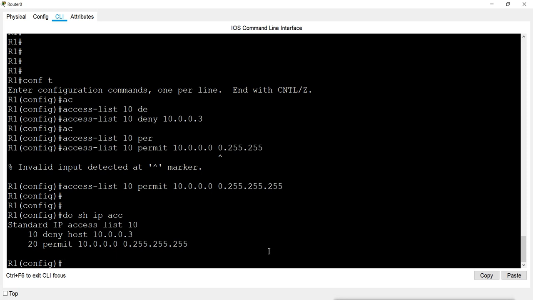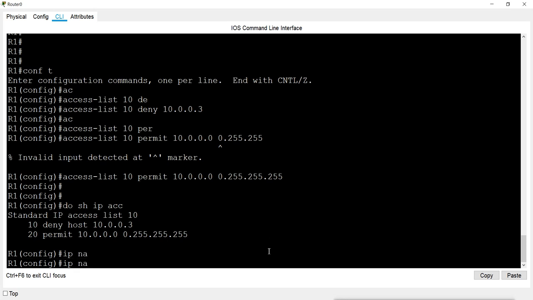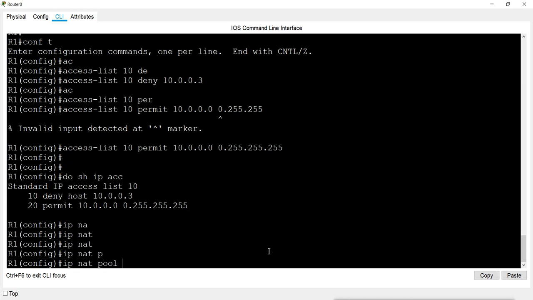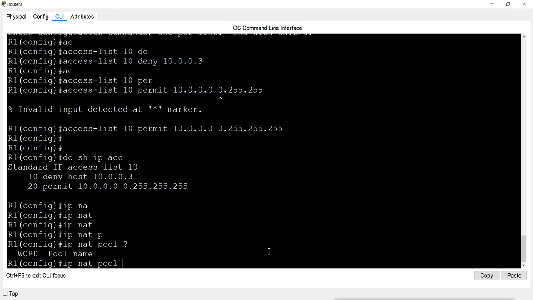Now we have to create the pool, and here we have a little change. I will create an IP NAT pool and then the name of the pool. This time the name of the pool will be my PAT. Now you have to mention the start IP.